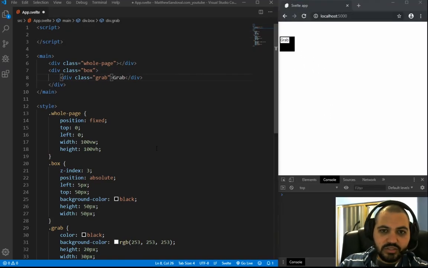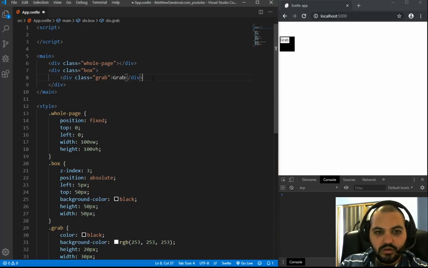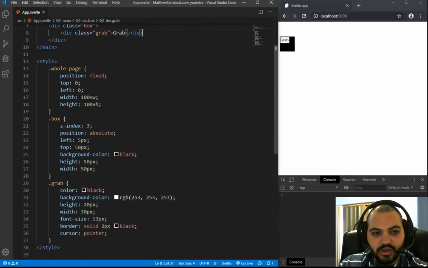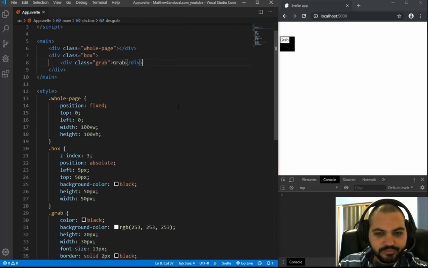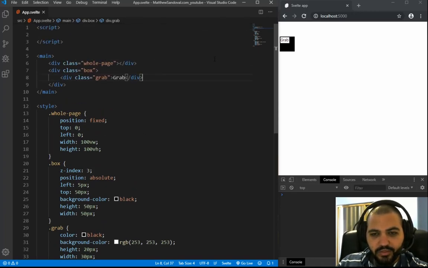Alright, so as you can see, we're building this app in Svelte, and we have a little bit of a skeleton of what we're building, and I'll have that file available at the bottom of this video so you can download it as a starter file, and you could build along with me on this video. So the purpose of this video is to build a box that's movable anywhere on your screen,